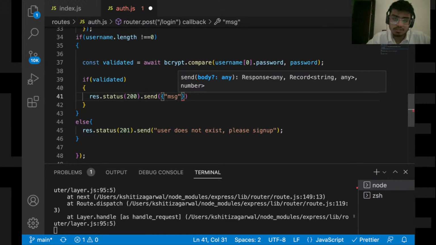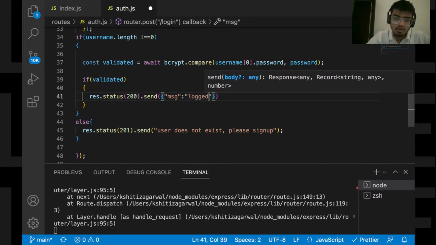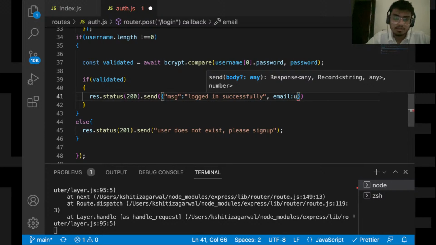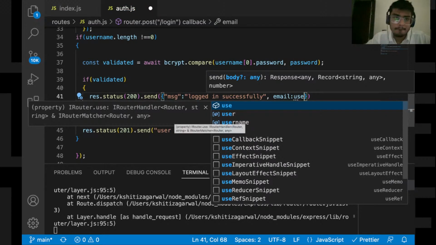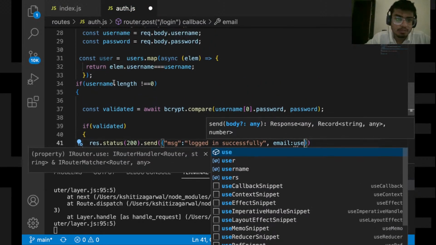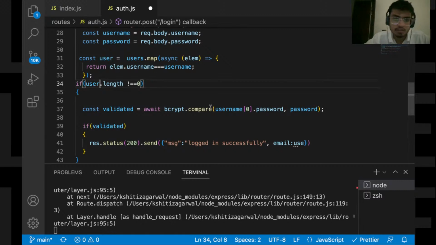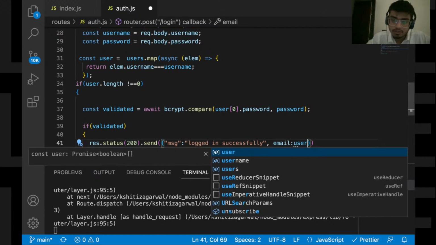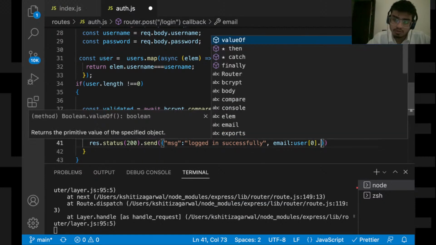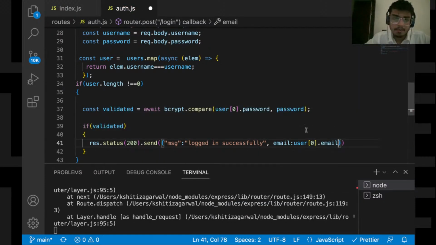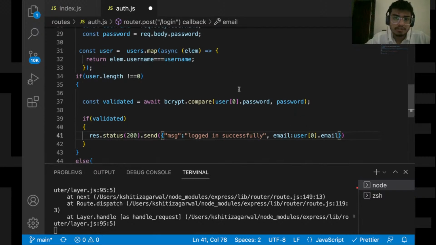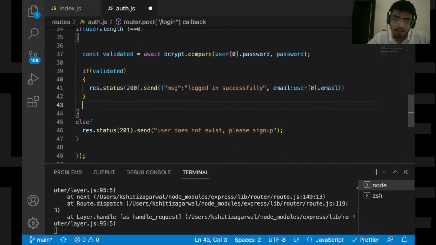One is message, which will say logged in successfully, and the other thing is email. So email would be user, sorry, this should be user.length, user at 0.password, user at 0.email.